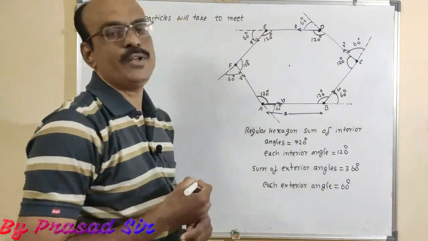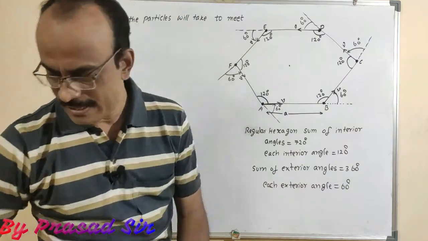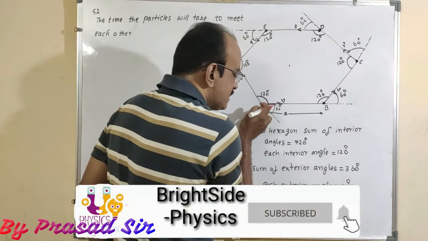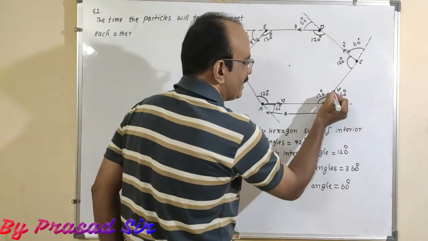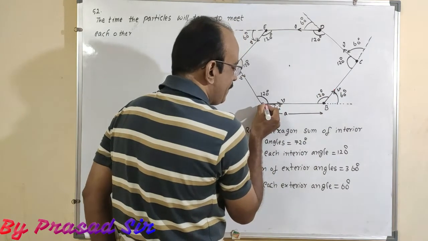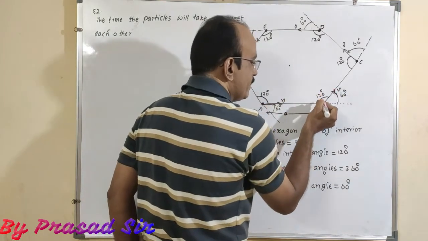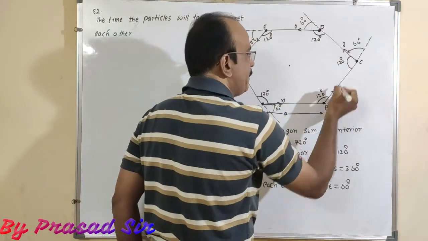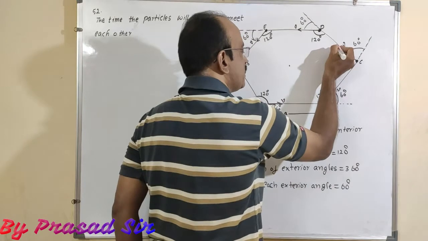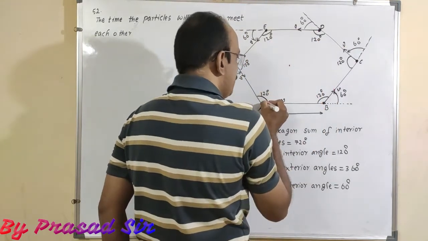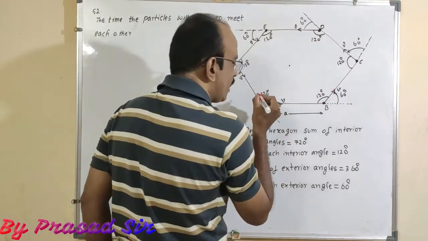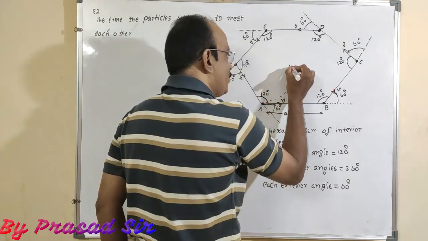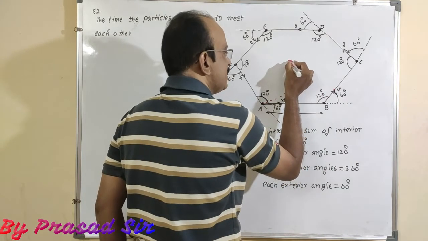But one thing you have to remember: here, particle A moving like this follows the path of B. Suppose B particle is present at this place. Then A particle's direction is towards here. Suppose B particle is here, A particle's direction shows like this. Suppose B particle is here, A particle shows the direction up to here. So that means A particle shows the direction up to the center, and this is O.